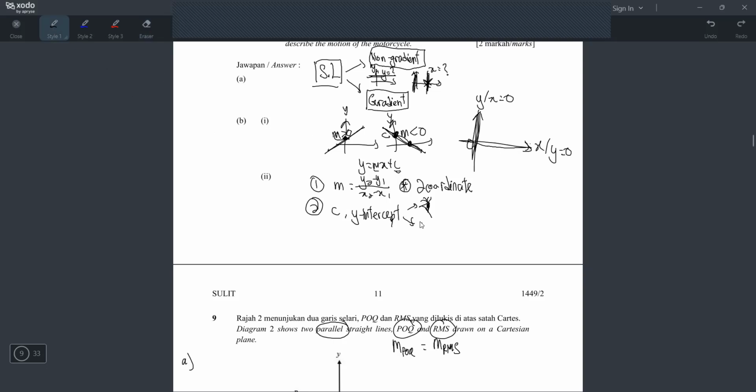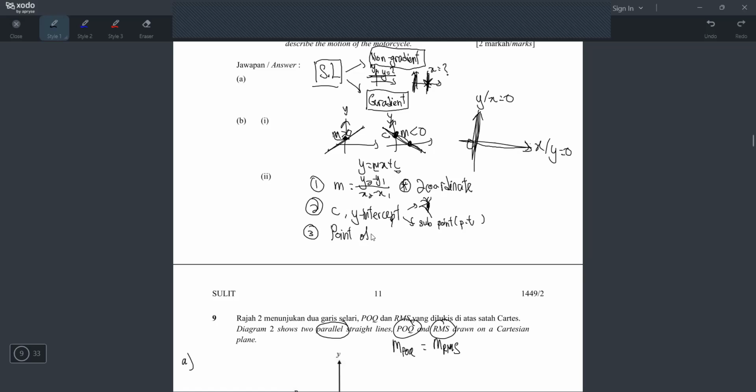Cara kedua apa? Sub point yang ada passes through. Sub point lah. I just write sub point. Okay, but you cannot sub any point. You have to sub point yang ada passes through. So I will put bracket here. I write PT. Okay, PT stands for passes through. It means kalau untuk cari C, you guna mata tengok. Tapi guna mata tengok sometimes tak dapat, dia tak bagi. So kita sub point. Sub point maksudnya kita ganti point, tapi kita ganti X, Y dalam tu, tapi kena make sure ada passes through lah. Okay, number 3. What is number 3? Okay, let me think. Number 3, I forgot a bit already. Okay, number 3 is sometimes they might ask you to find point of intersection.